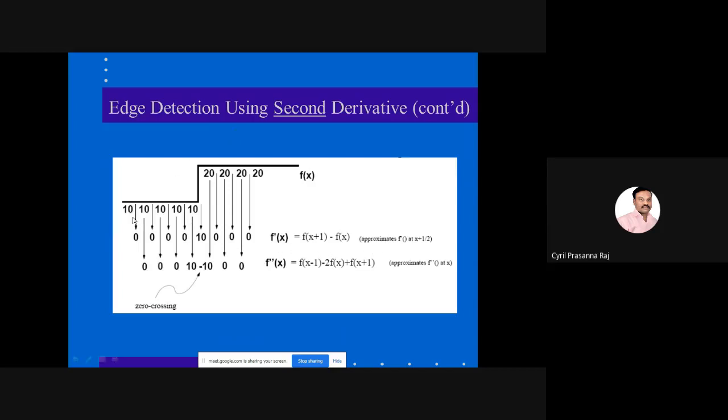Now let us do the same thing with regard to the second derivative. If you take the second derivative here, the mask is now 1 minus 2, 1. So what is the meaning of 1 minus 2, 1? Multiply 10 by 1, multiply 10 by minus 2, multiply 10 by 1, and add all of them, and you will get 0. Similarly, next step is multiply 10 by 1, multiply this 10 by minus 2, and multiply this 10 by 1. Again, add all of them, you will get 0. If you keep on doing like this, you find that at this position it will be equal to 10